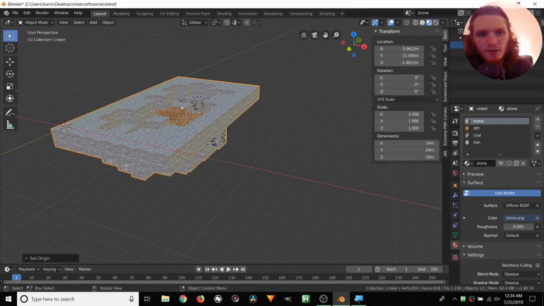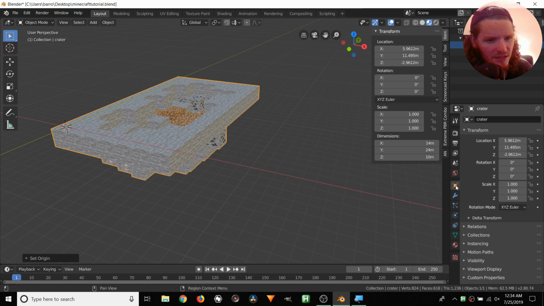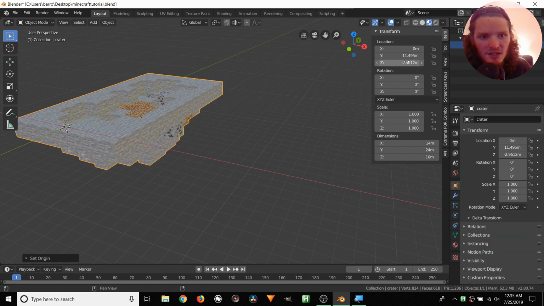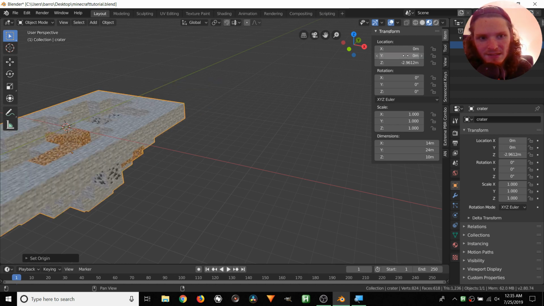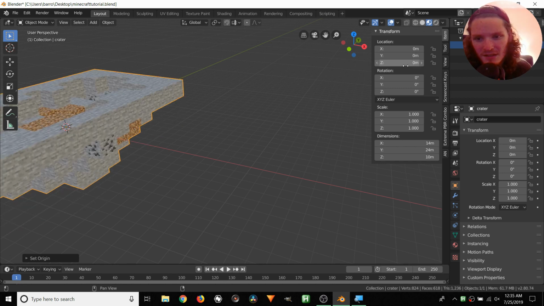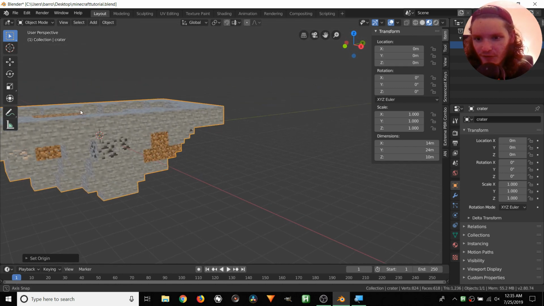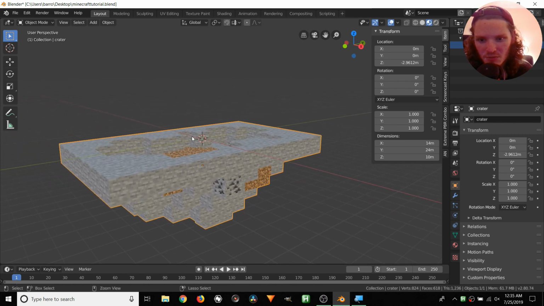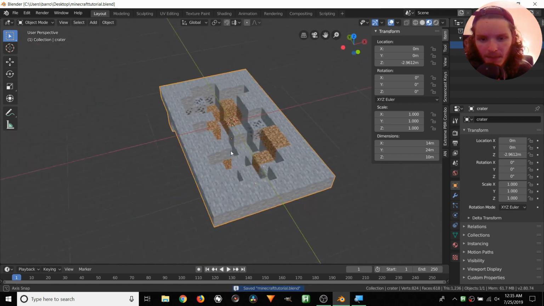So N for our transform properties, or you can go into the object tab, and we have our location here. So center the X, center the Y. I'll do it here this time just to emphasize it works. And we don't want to center the Z, since if we did, it's going to be floating above the floor, which is not what we want. So I'm just going to save. Okay,